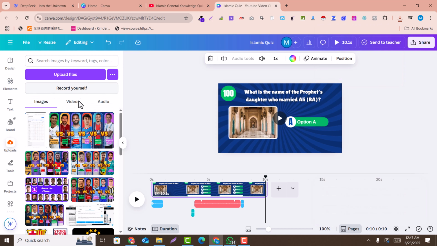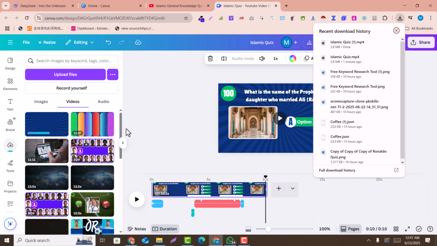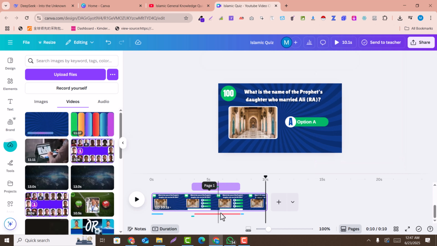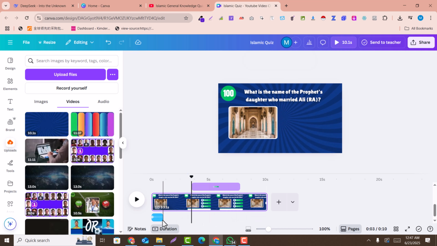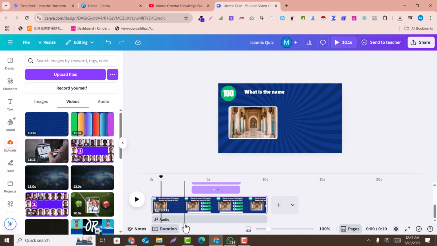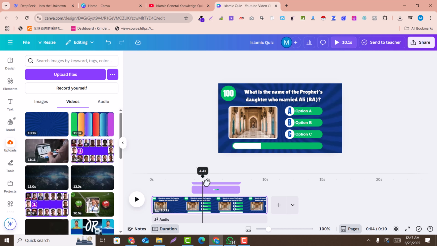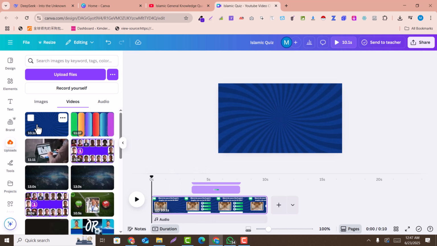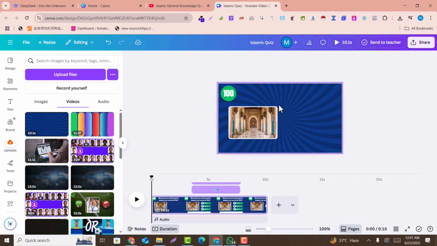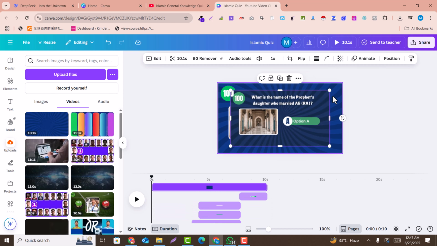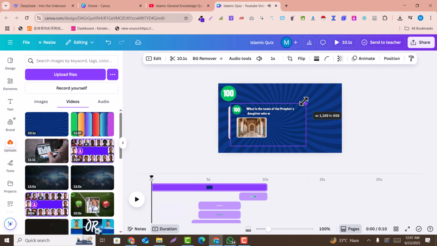So why I'm doing that, I will let you know. If you do the bulk create, this sound will not be repeated on the videos. So that's why I am going to upload it, and I will let you know where to use it. So here I just delete the sound. By the way, this template is also provided in the description. You can directly use it without any copyright issues. Okay, here I click on this video and upload it here. You can see this video has been uploaded.